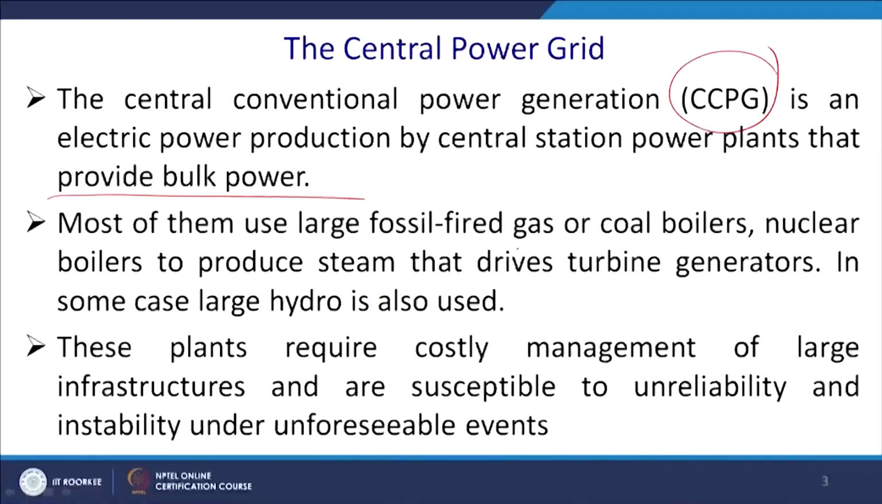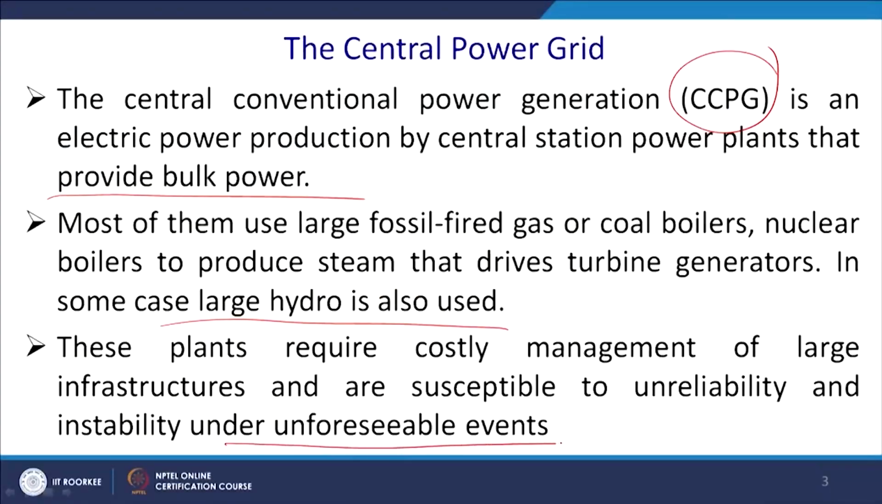Most of them use large fossil fired gas or coal boilers, or nuclear boilers, to produce steam that drives the turbine generator. In some cases, large hydro may be used, depending on the availability of a large dam and other facilities. These plants require costly management of large infrastructure, because they have a lot of power plant instrumentation, a lot of land, and require a lot of water for cooling. So, huge infrastructures, and they are susceptible to unreliability and instability